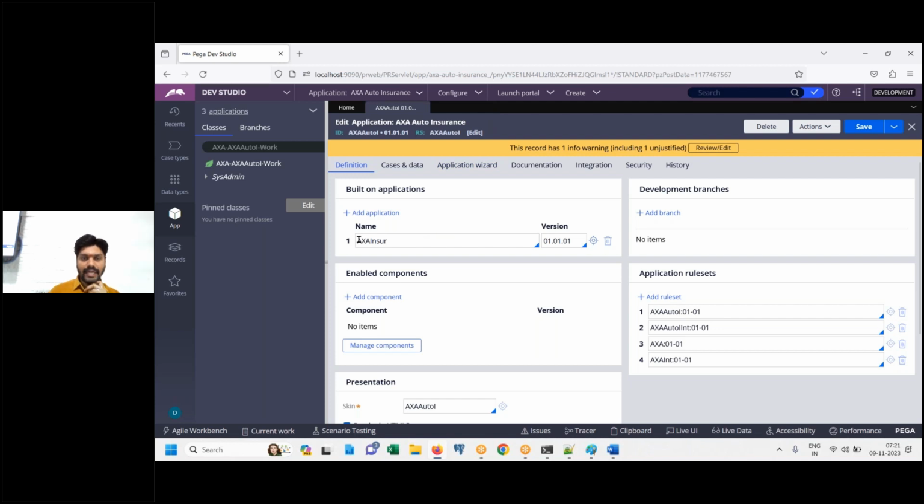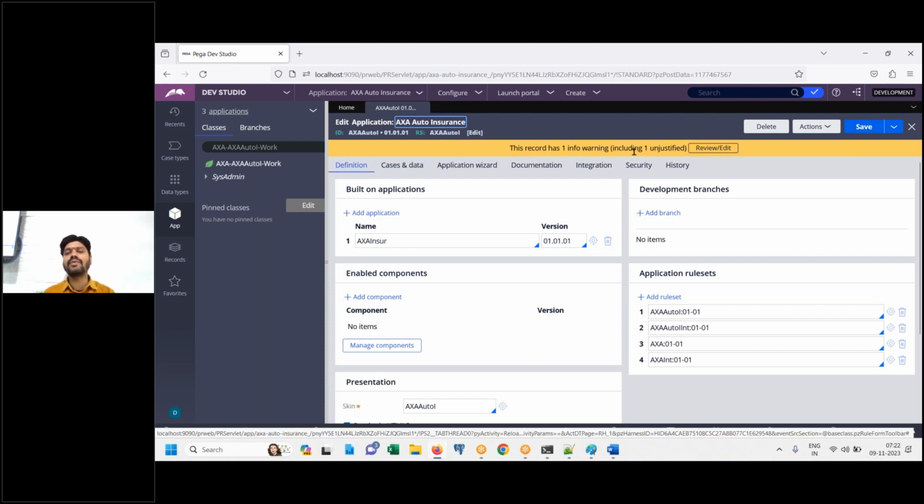Actually this is editable. Editable means you can change it. I'm not going to ask you to change it, and I am also not going to change it. I just wanted to show you that this can be edited if required. If I remove this and click the down arrow on my keyboard, I will see all available framework applications in my Pega platform. You can choose one of them as the framework. If you want to change it, you can. The option is there, but I am not changing it.